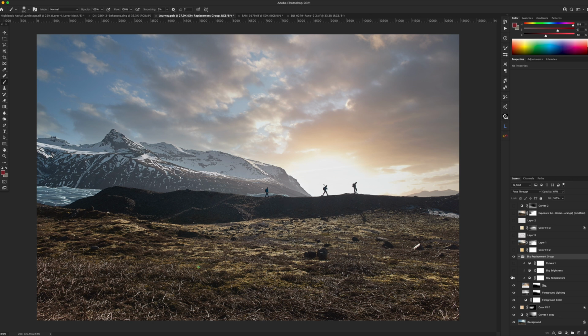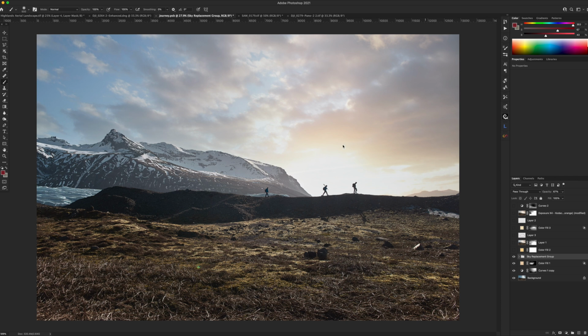So what I did was I added some luminance to the sky itself. I made it a little bit fluffier, a little bit airier, and now it kind of looks like part of the scene. I think it looks like the sky is lighting the foreground, and we're going to fix the exposure issues in the foreground. I think they're too hot. I think the whole image is a little too hot, but we're going to chip away and add some depth to it. And how we're going to do that is, you guessed it, another solid color layer,